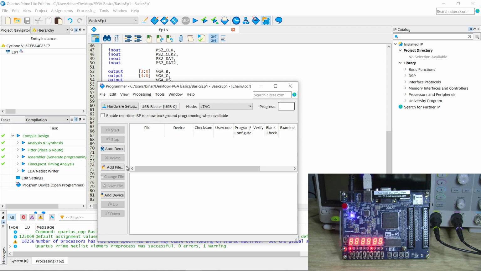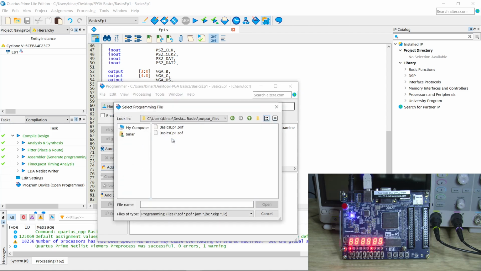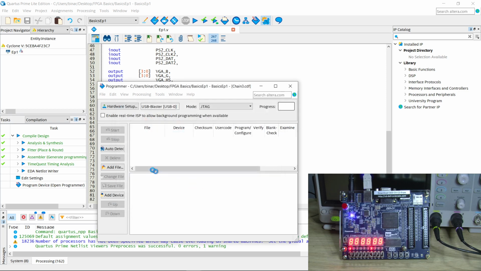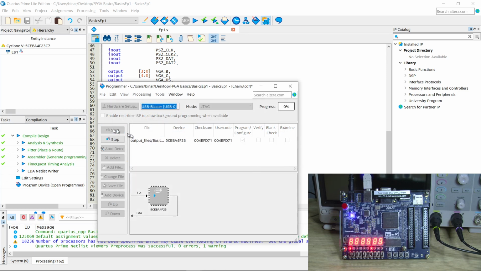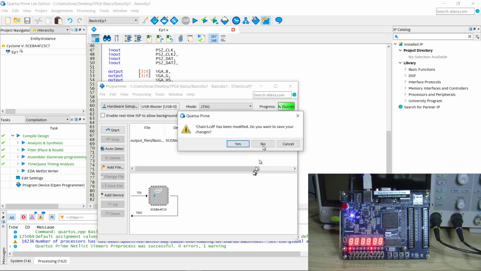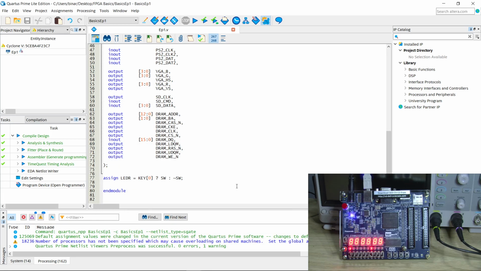So we're just going to open up our programmer again. Again, we're going to go into output files, add our SOF file there, and we're going to pop that on our FPGA. So that's just programming now. Close our programmer. We don't want to save that. Let's jump to our